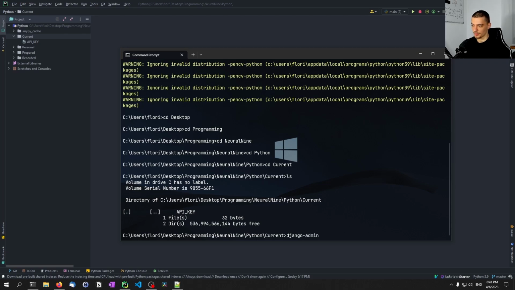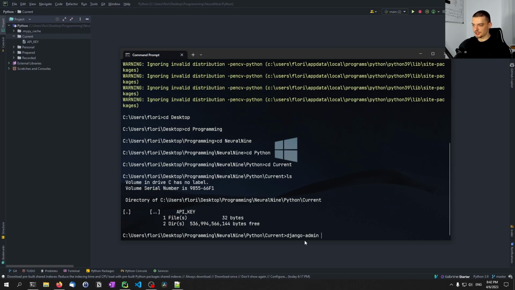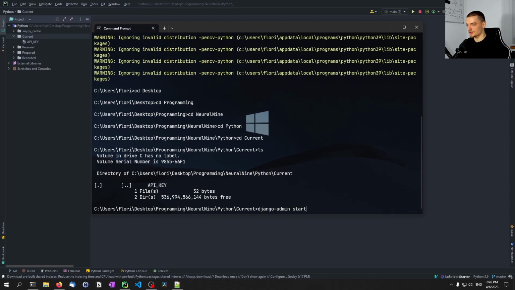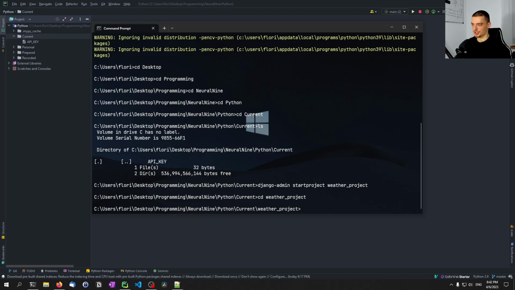django-admin, which is what you're going to get after installing Django and restarting your command line. So if you didn't have Django installed on your system before, you probably have to install Django. Then you have to close the command line and open it up again. Then you can use the django-admin command line tool, and here we're going to say startproject, and the project name will be, let's say, weather_project,